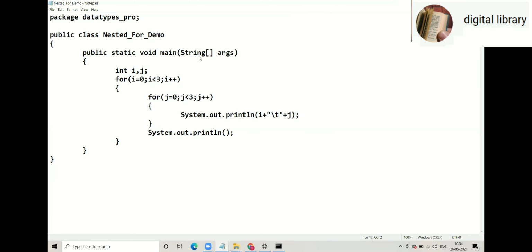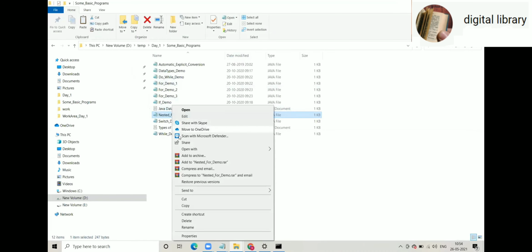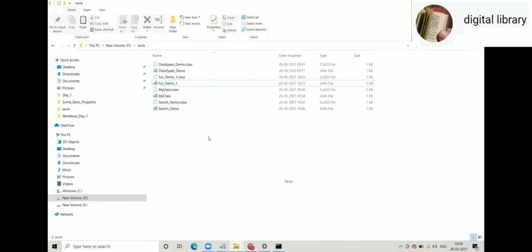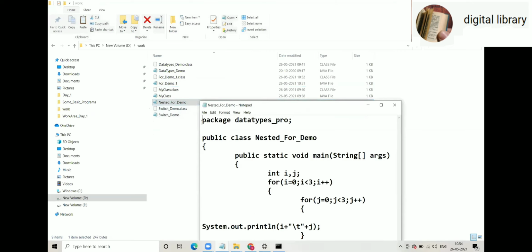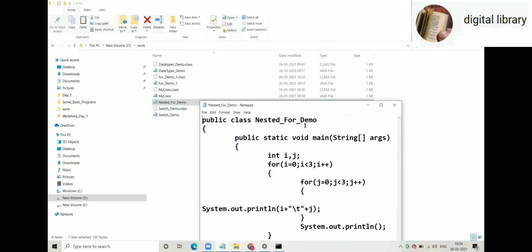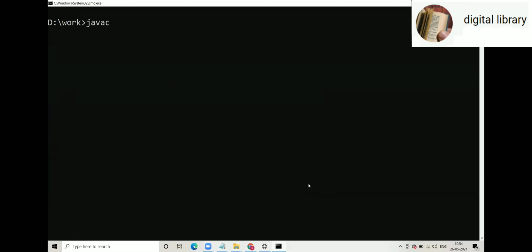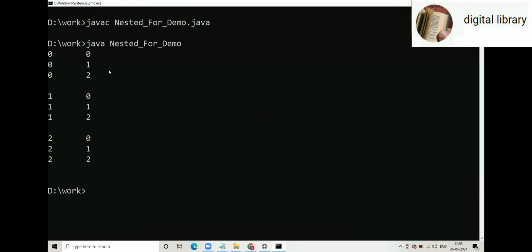So the output of this code: 0 0, 0 1, 0 2.